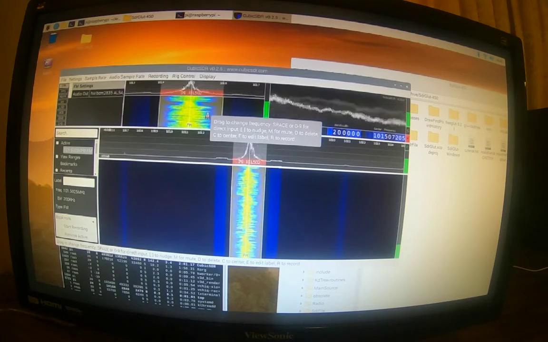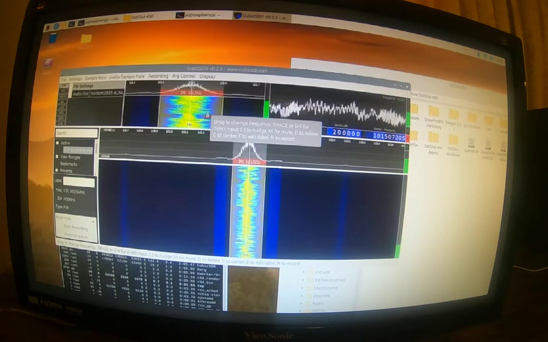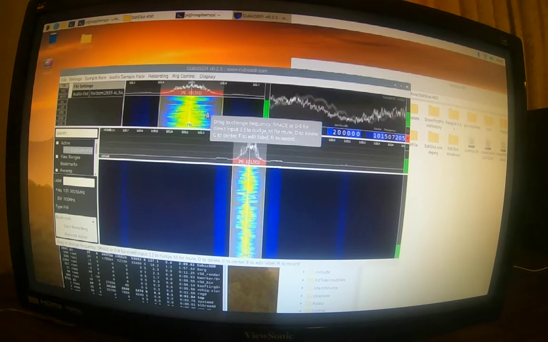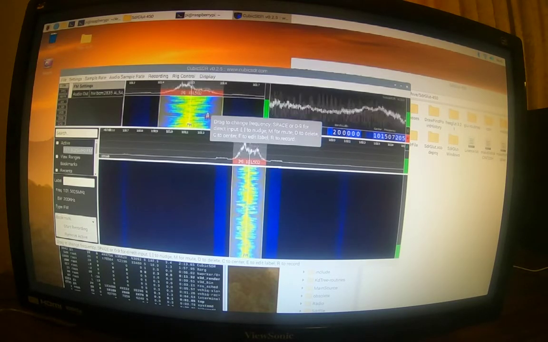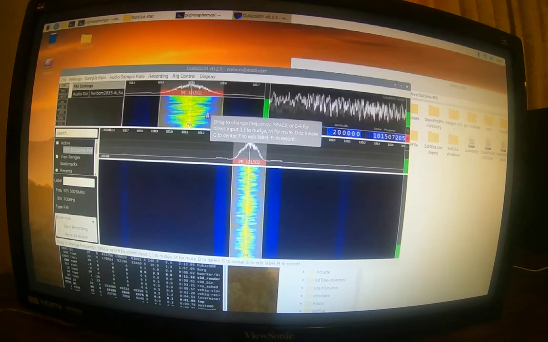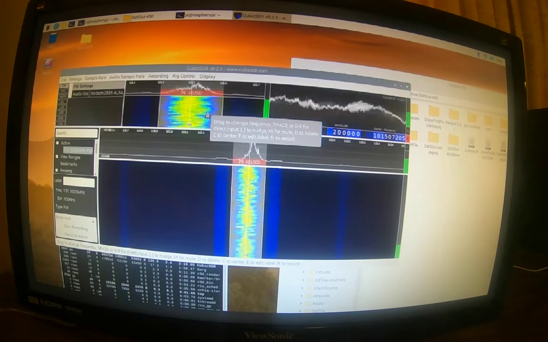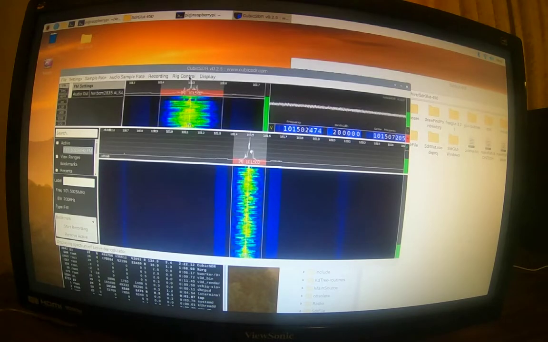Here we're running the Lime Mini on a Pi 4 using CubicSDR version 0.2.5, and we're currently going at 2 megasamples a second, and so we'll